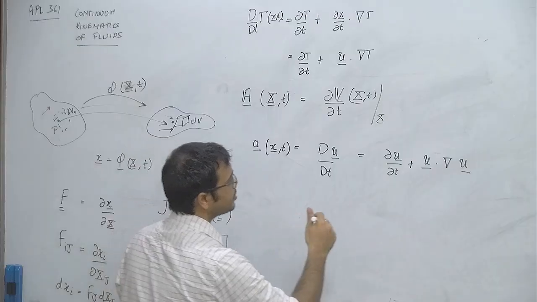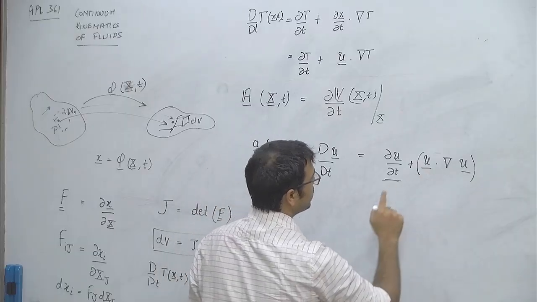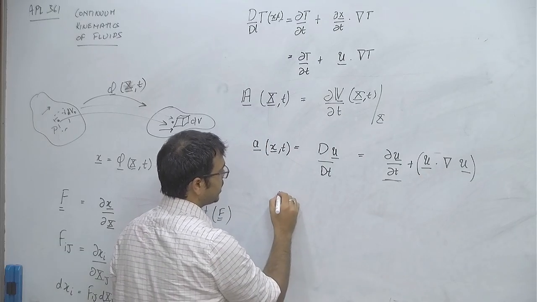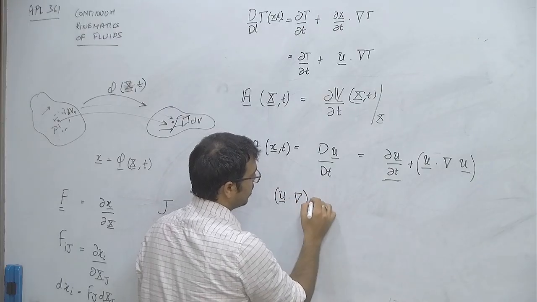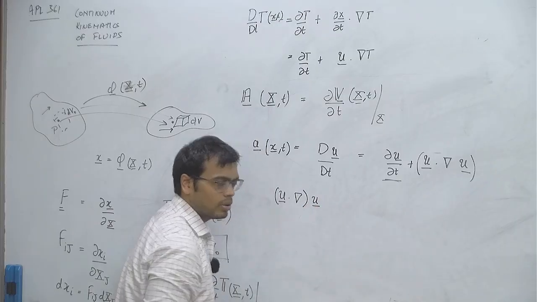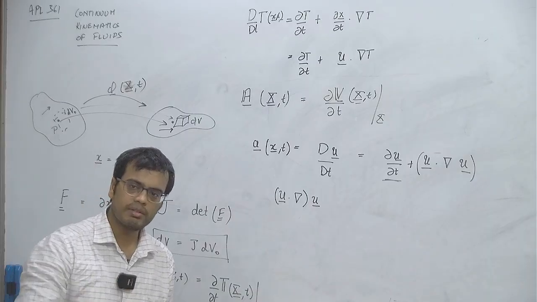Now there are two ways to interpret this term. Okay, this term should be straightforward. There are two ways to interpret this term. One way is to look at it as, so this is u dot nabla of u. Okay, so in a way you're taking the directional derivative of velocity,